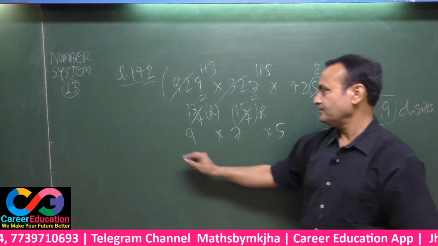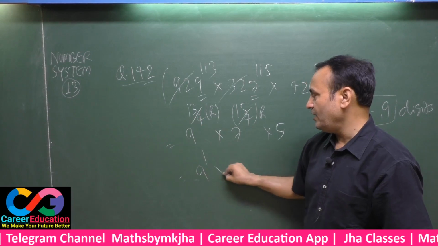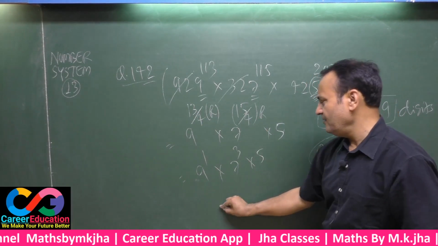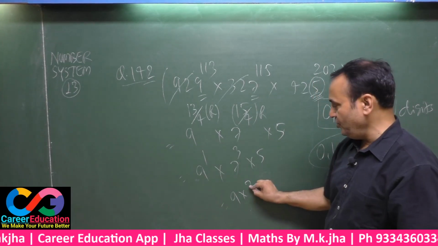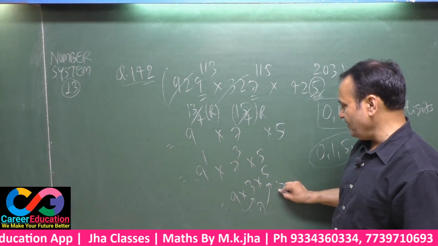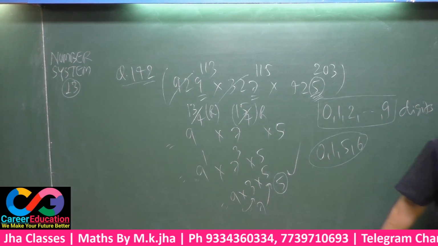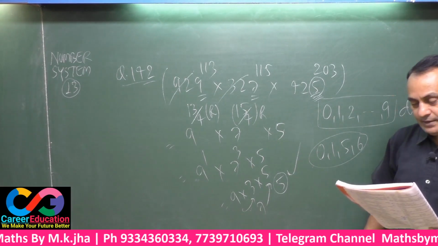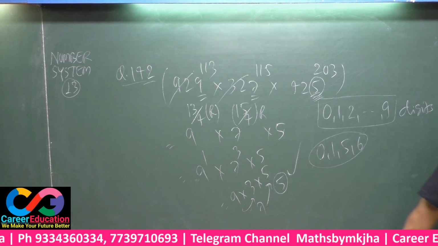Now see here. 4 threes are 12, remainder 1. 4 threes are 12, remainder 3. So 9 to the power 1 gives 9, 7 cubed is 343, unit is 3. Now 9 times 3 gives 7, 7 times 5 gives 35. This is your answer. Note down, the answer of question number 142 must be 5. You may see. Note down, 142.